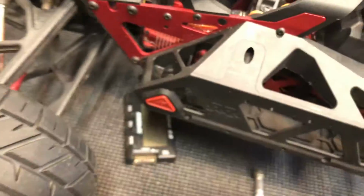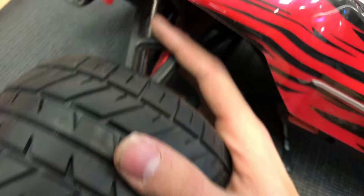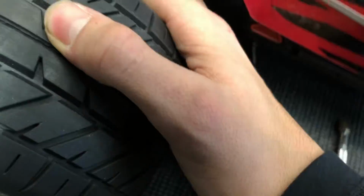But yeah, the motor is really nice. The slipper clutch is really nice. Every 6 months I find it lacking, so I just give it like a fifth of a turn and it's fine again. It's really good like that. It's really reliable, just except for the CV boots, or joints, and the